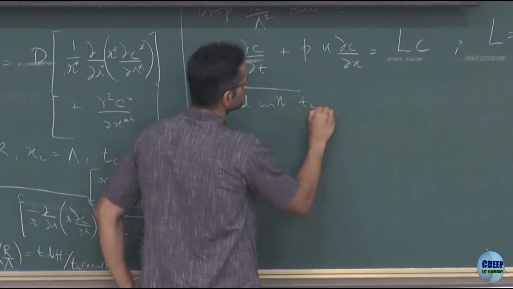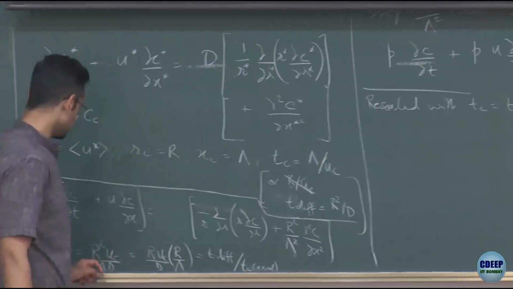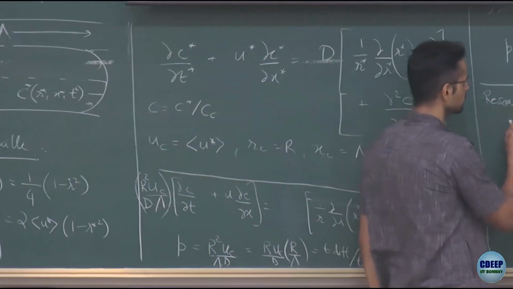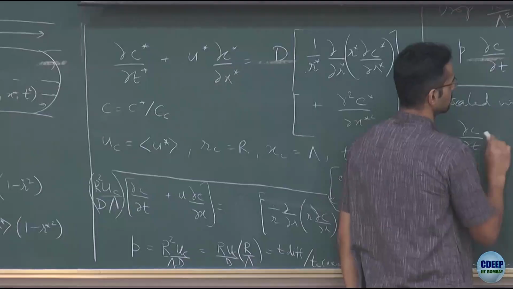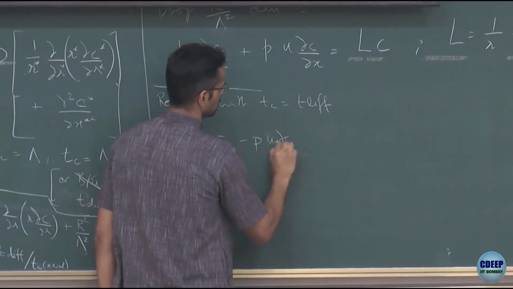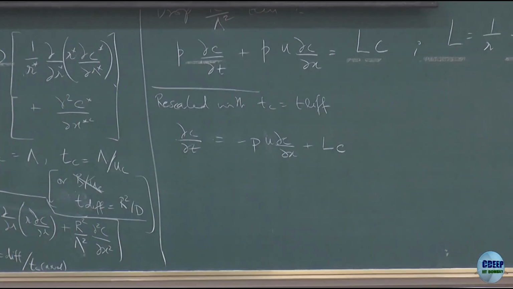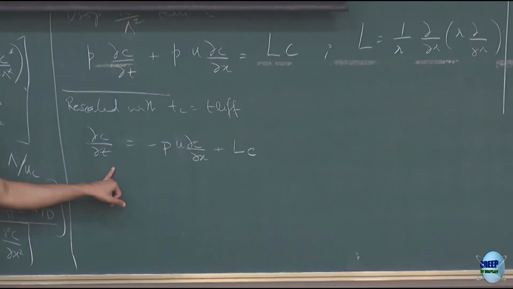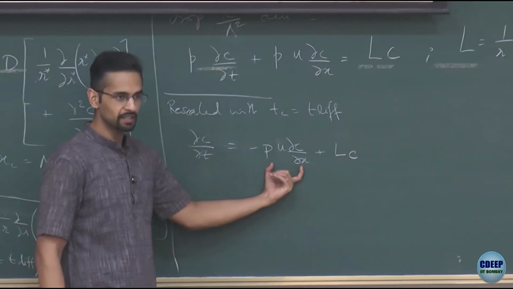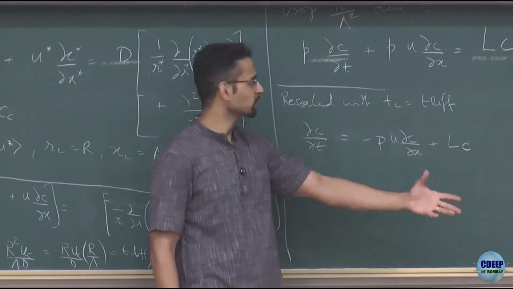If I had taken Tc to be the diffusion time, then you see that this ratio would have dropped out in front of dc dt, it will survive here. So if I had rescaled the problem like this, I would get the following. Let me write it the other way. I can always do that, it's just choice of time scale. So this would be looking at the system on the fast time scales. On the fast time scale, diffusion is the dominant process and the advection, which is slow, is much weaker. If I decide to scale the problem on the long time scale, then you see